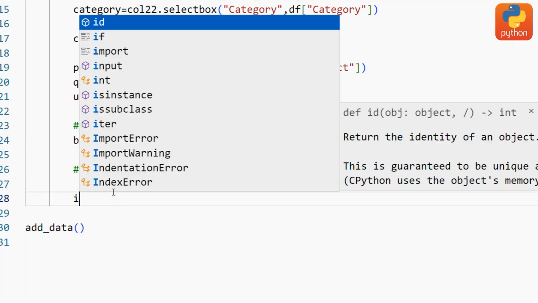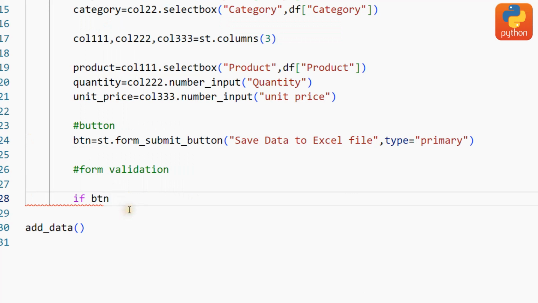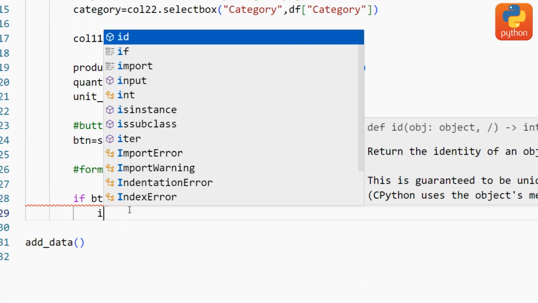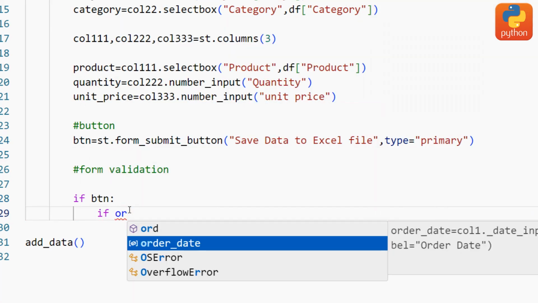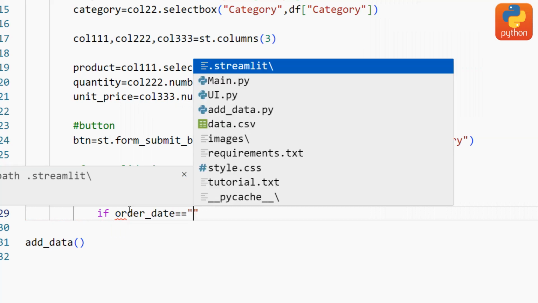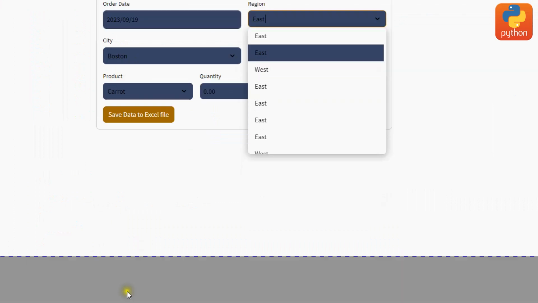So now if the button is clicked, check if order date is empty. Order date, this one. If order date is empty,